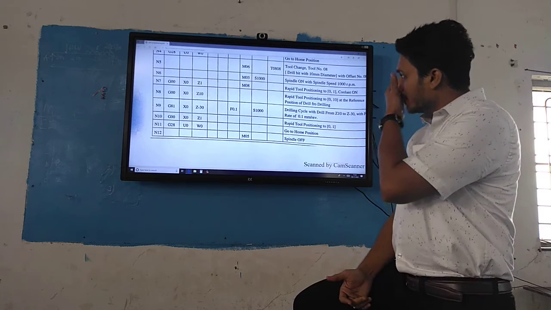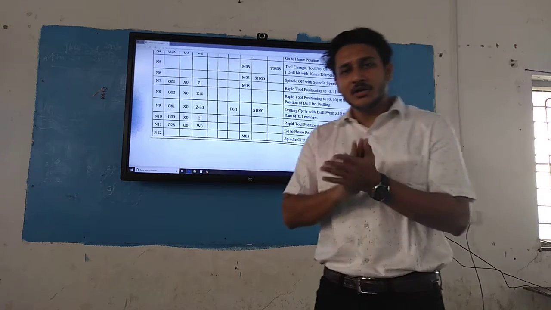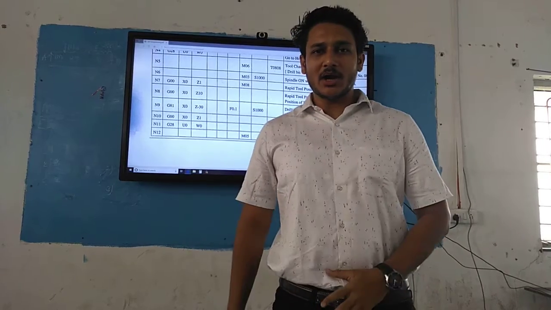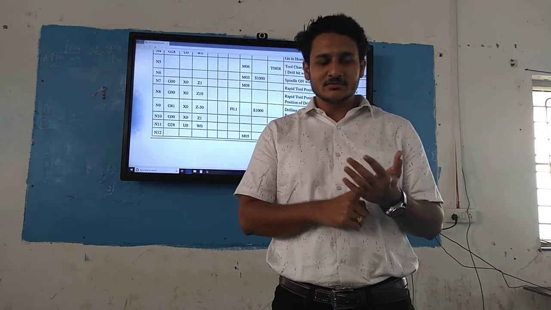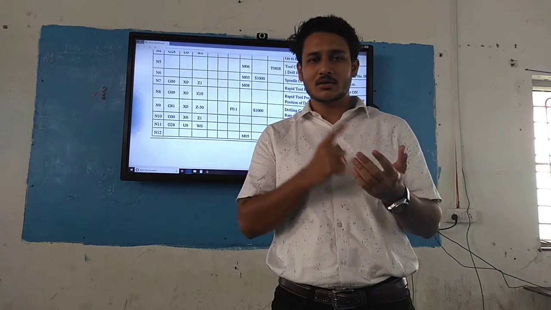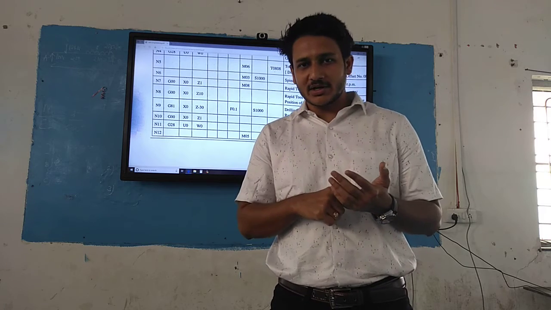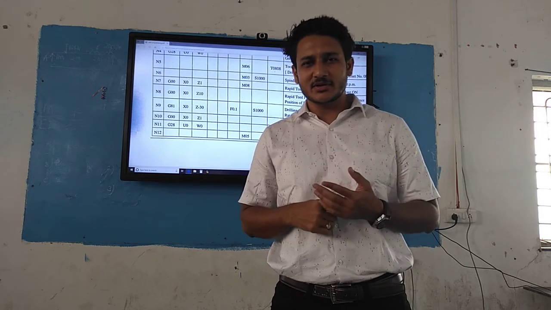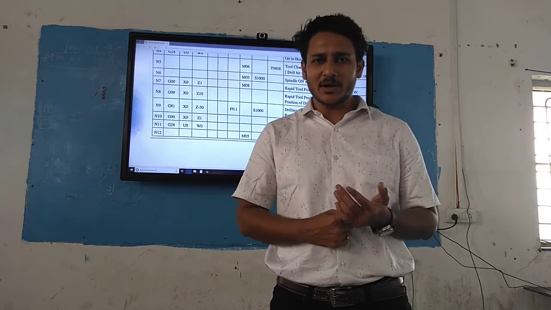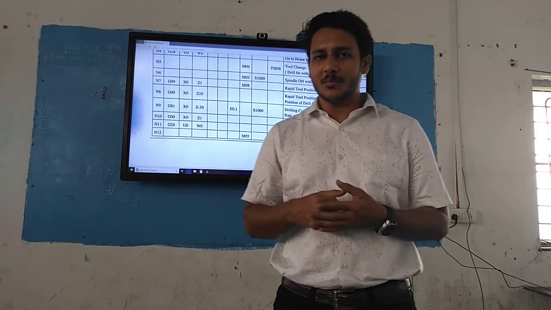So this is how you have to write the manual part programming for facing, step removal, clockwise circular interpolation, counterclockwise circular interpolation, and the part programming for drilling operation.